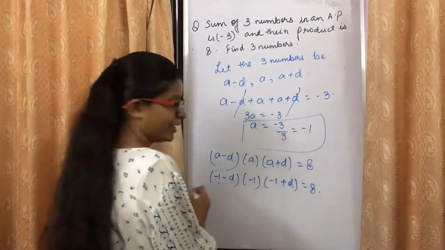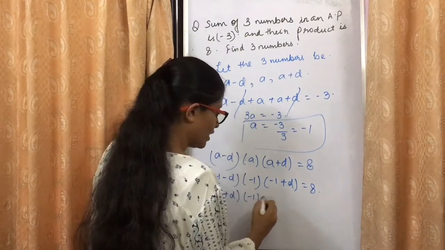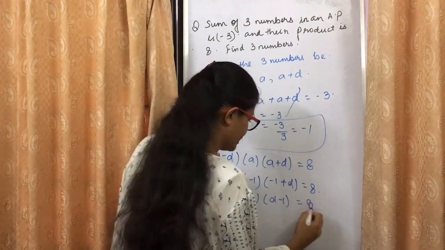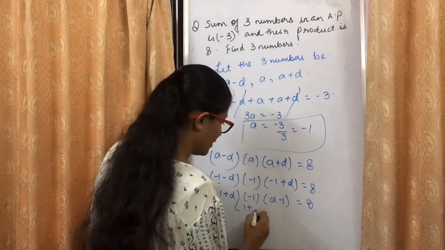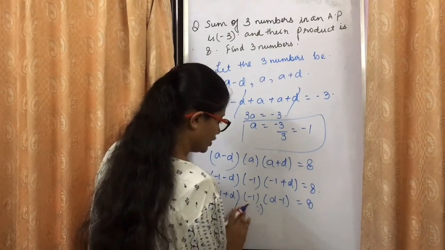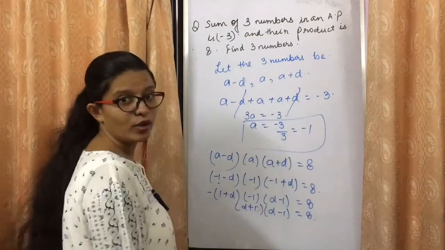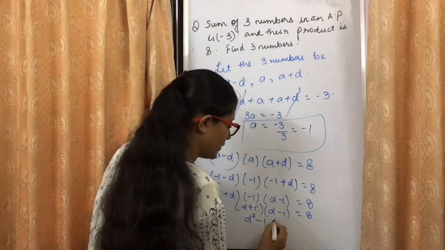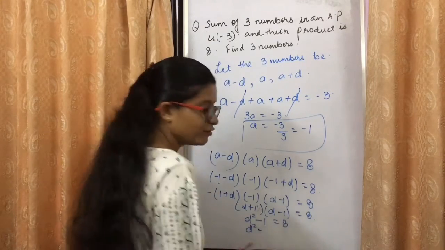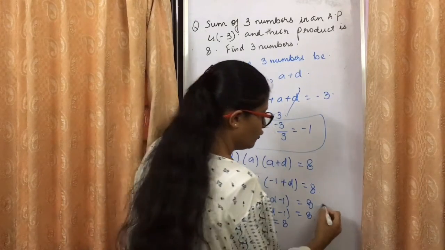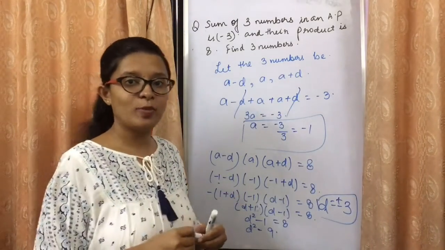Now, can I take out minus common from here? If I take out minus common from here, it becomes minus 1 into 1 plus D and D minus 1 is equal to 8. Minus 1 and minus will get positive and the remaining term which I have is 1 plus D. 1 plus D I can write as D plus 1, so that you will get a feel that you can use A plus B into A minus B, which is nothing but D square minus 1 is equal to 8. D square is equal to, if you get 1 over here, you will get 9 and the value for D comes out to be plus minus 3.